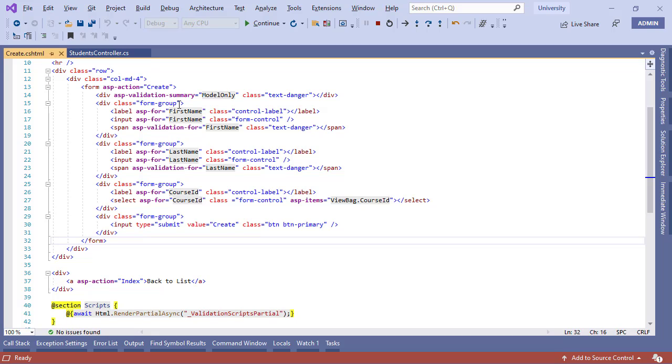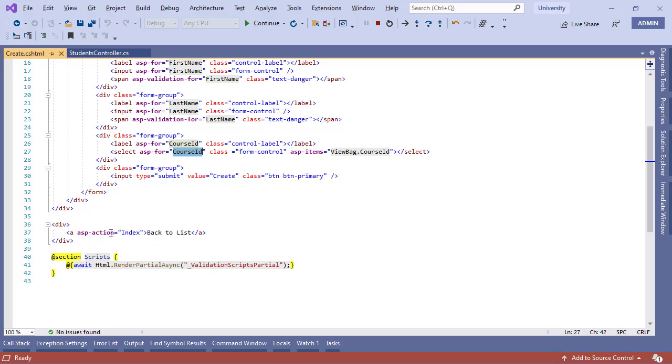So this is where all the HTML is going to get generated. This is going to be the label, and the input is going to be the text box for the first name, a text box for last name, and a drop down for the course ID. And there's going to be an action going back to the list, and there's a script element over here which